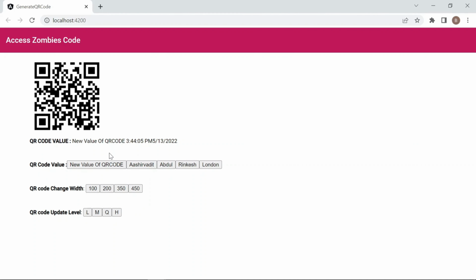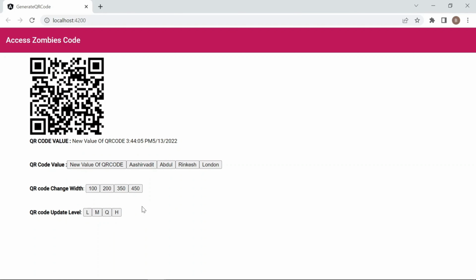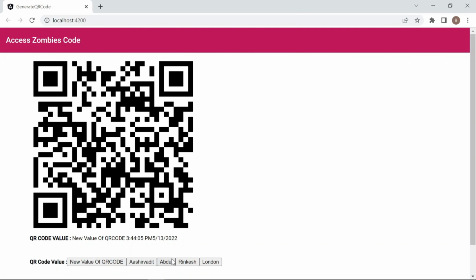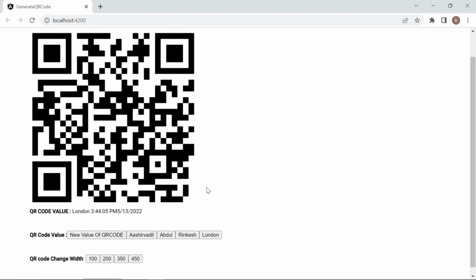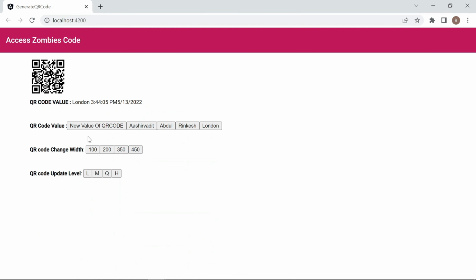If I want to change the label of the QR code, I will click the QR code label button, so it will change. So it's working properly.